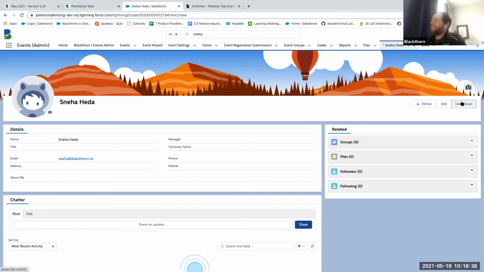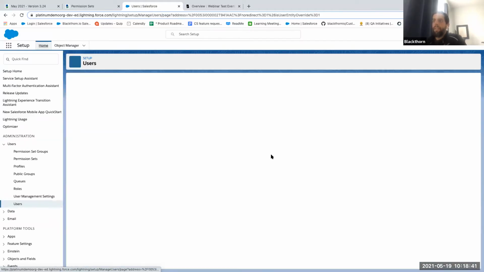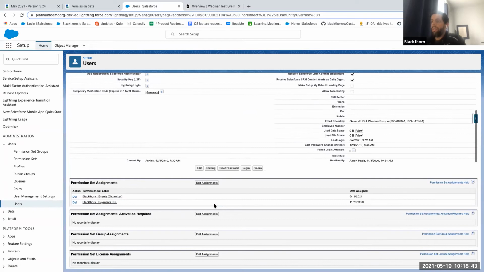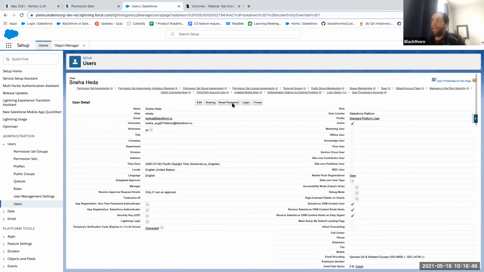So we'll go to that user and we will scroll down. You'll see they have the event organizer permission set. I removed the event admin permission set. So if I log in as them,